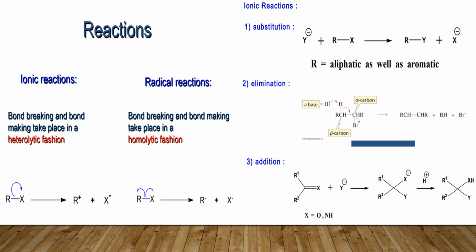What do you mean by heterolytic? When the bond breaking and bond forming occurs where one of the elements in the molecule takes an electron and the other becomes electron deficient, there is unequal distribution. That is known as